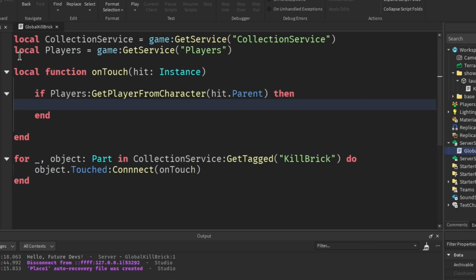And then there are two things. I'm going to check for a humanoid because it's good to have extra steps to make sure that everything works. It's safety. I usually program in Rust. I'm not a big Lua programmer anymore. I usually program Rust. So making sure that everything works is kind of a big part. So if I do hit.parent,